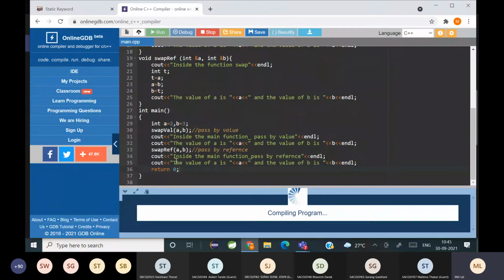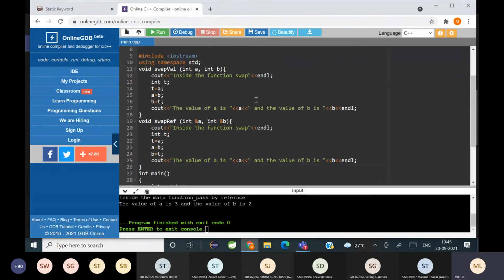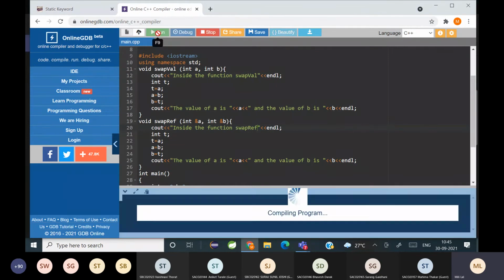Now run करके देखते हैं. अभी देखो inside the swap function. Okay, another change, swap value, and here swap reference.